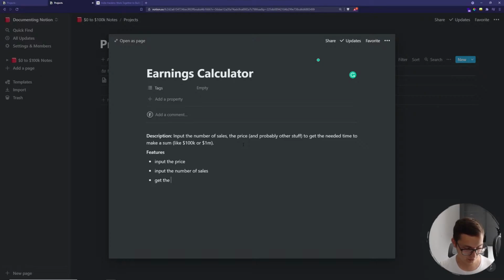So what we want: input the price of the product, input the number of sales per day or month or year, no, or week or month, I guess. Week or month. And get the